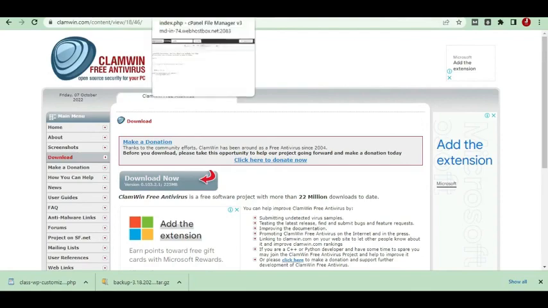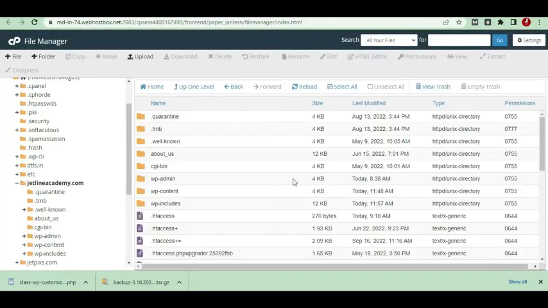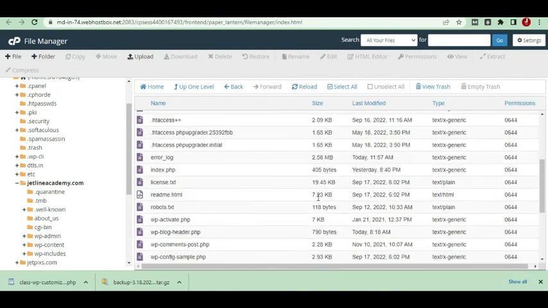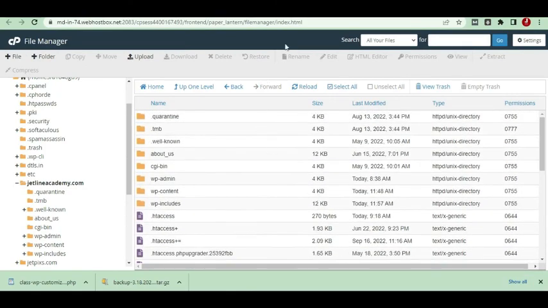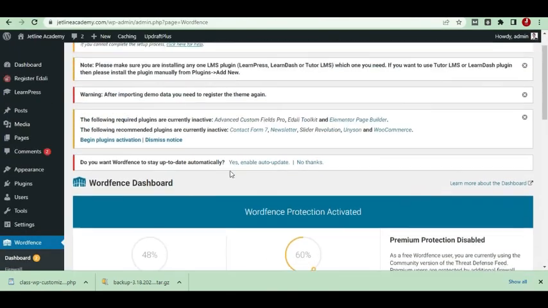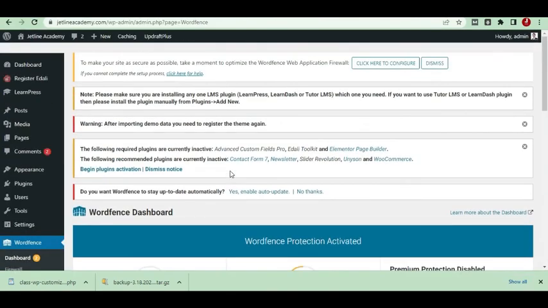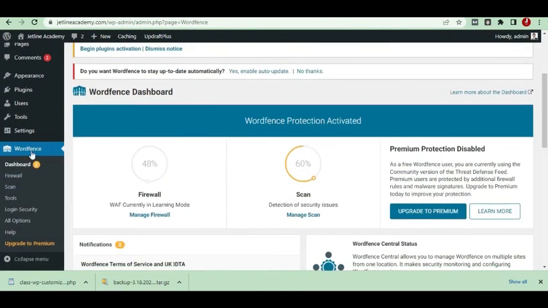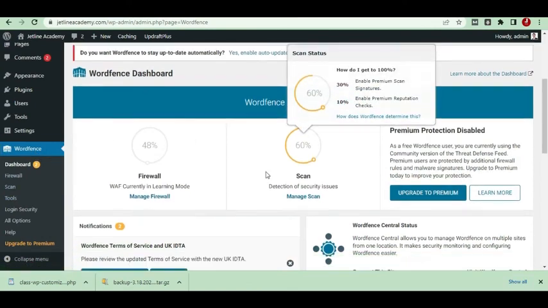Okay, first you re-upload to your cPanel, whatever files are there, just re-upload them to the cPanel. Then after that you ask your host support to scan all your files again in the control panel. Okay, then you check the scan, and if it still detects and reports like this, then you follow the steps. As I told you, if you are allowed to go to your WordPress admin section, just go there and install this Wordfence plugin and scan all the reports of this,